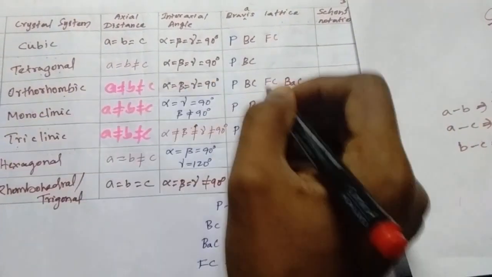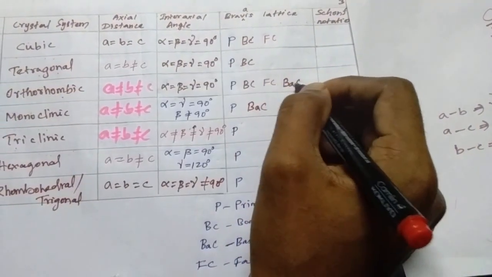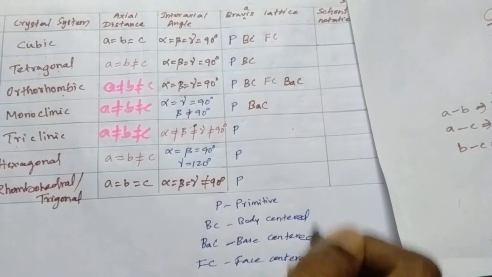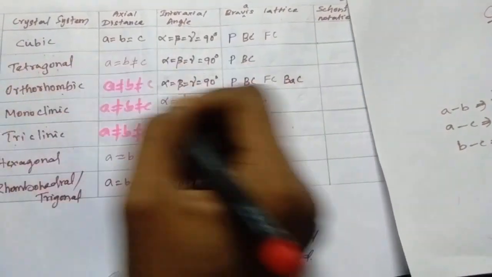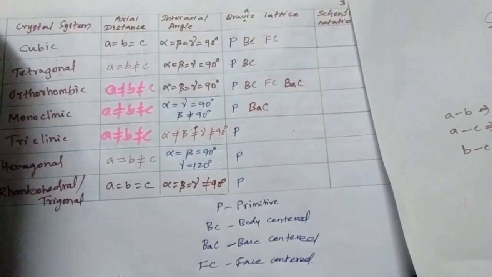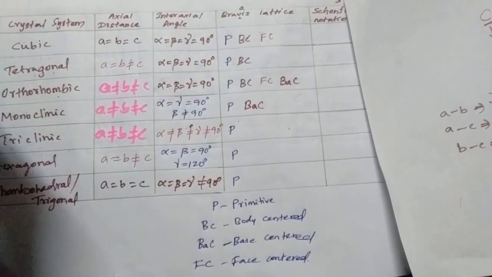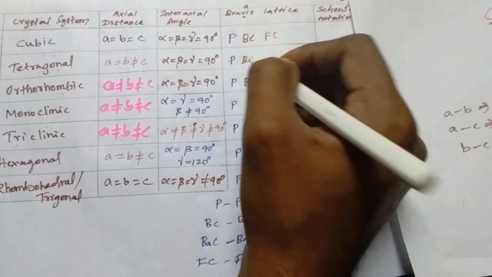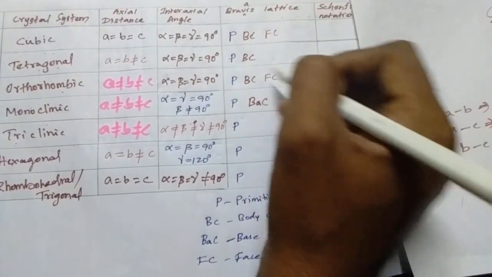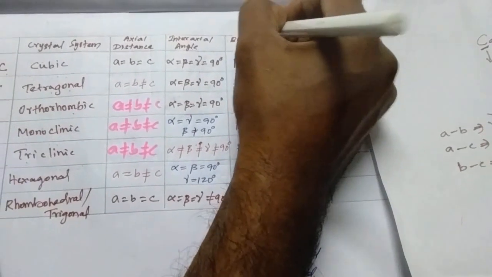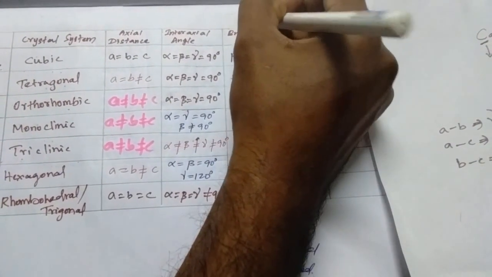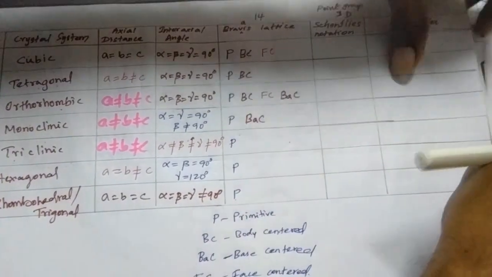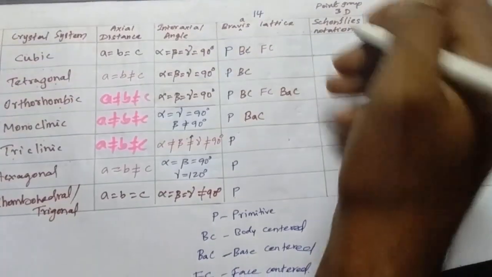Orthorhombic and monoclinic. Sorry, orthorhombic and monoclinic BSC. So base centered for orthorhombic and monoclinic. So you count the Bravais lattices: 1, 2, 3, 4, 5, 6, 7, 8, 9, 10, 11, 12, 13, 14. So the total number of Bravais lattices is 14. So this is also one of the tricks to answer these questions. Okay. Then